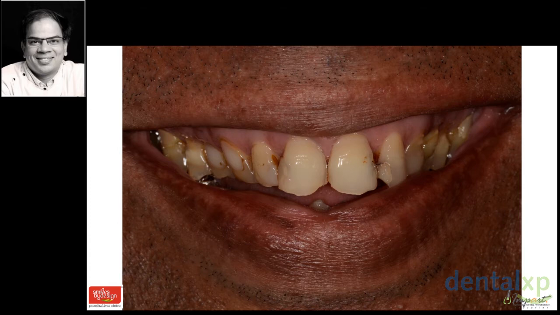Now look at this patient. When he smiles, there are a lot of issues with his dentition that you can see. There is a severe amount of loss of tooth structure from the labial side, incisal aspect. He has a gummy smile. He shows the entire dentistry that is going to be done for him. And dentofacially, this person is a high risk. Biomechanically, I think he is a high risk already with the picture that I have in front of me. Functionally, I'll have to look at the bite, and we'll look at that aspect in just a moment. And periodontally, we'll look at that too.